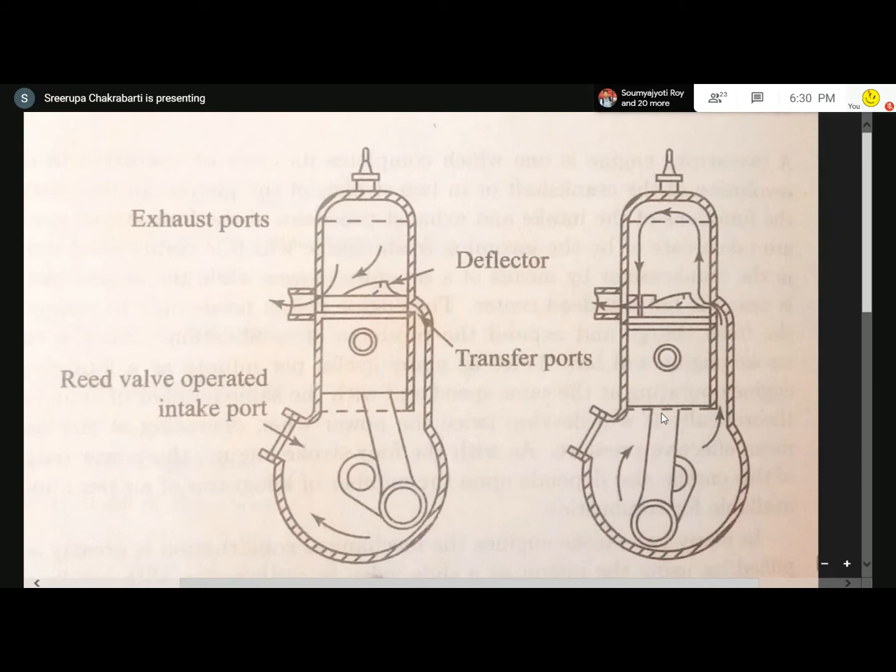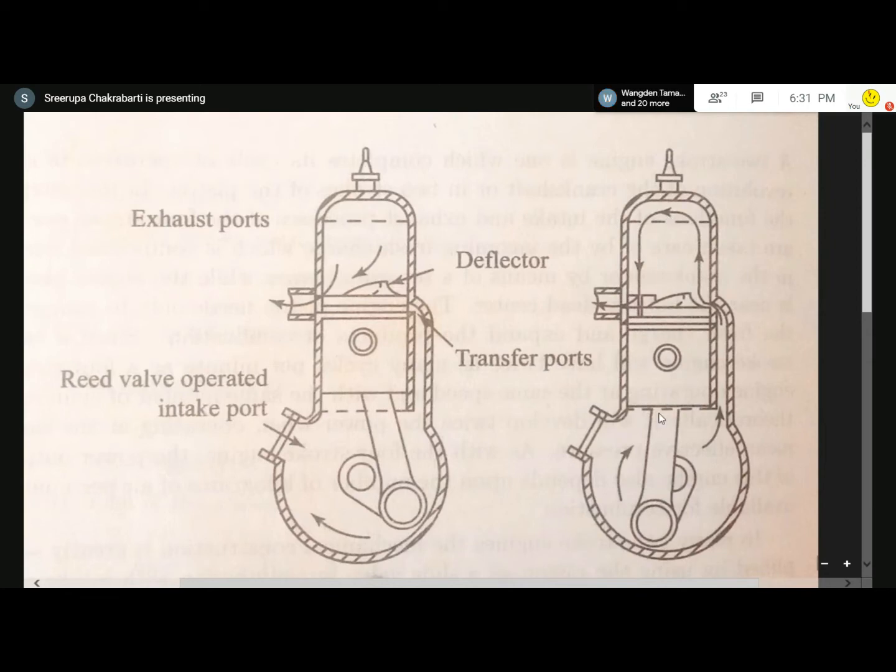And when the piston is moving up, when the piston is going down here, and when the piston is moving upward, then in this portion the pressure drops. Here the suction occurs. This port is closed, and when the piston moves up, this intake is up to here. Then the piston compresses the gas.